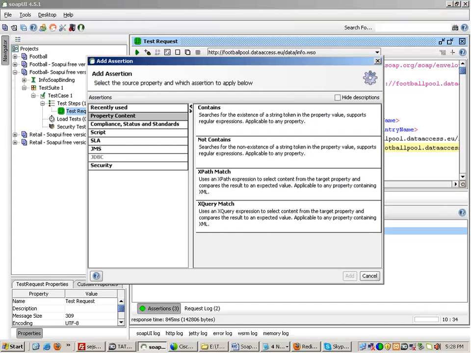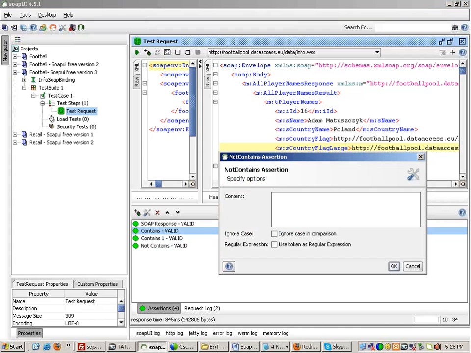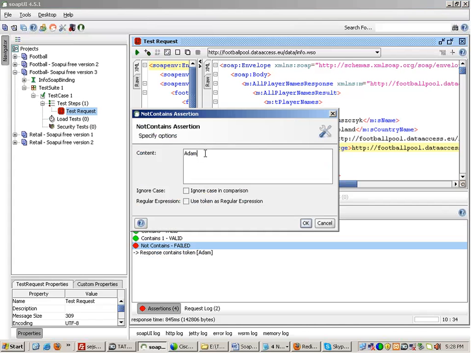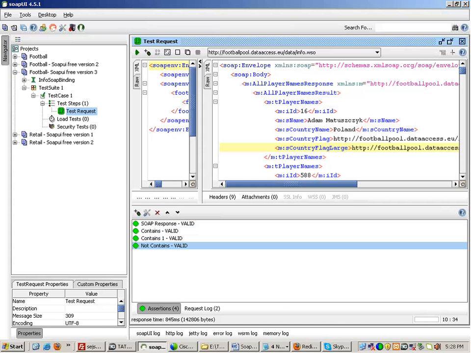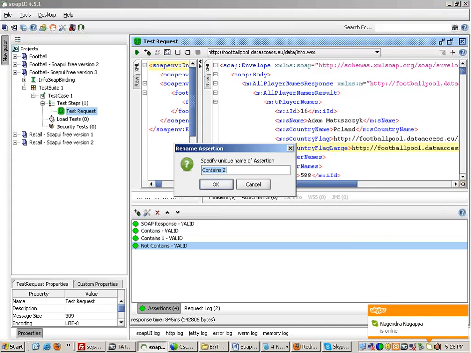Similarly, in property content, you have got the not contains assertion as well. It is the opposite of contains, as the word suggests. You can write over here, for example, ADAM. Adam is present, so this assertion will fail right now. If I write Adam 8 and click on OK, it passes. So this assertion again is the opposite of contains, and again, like contains, you will have to give,